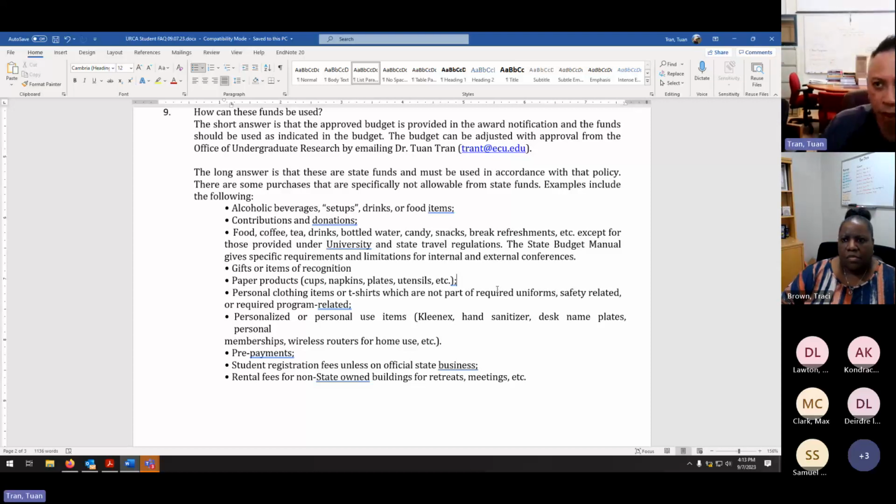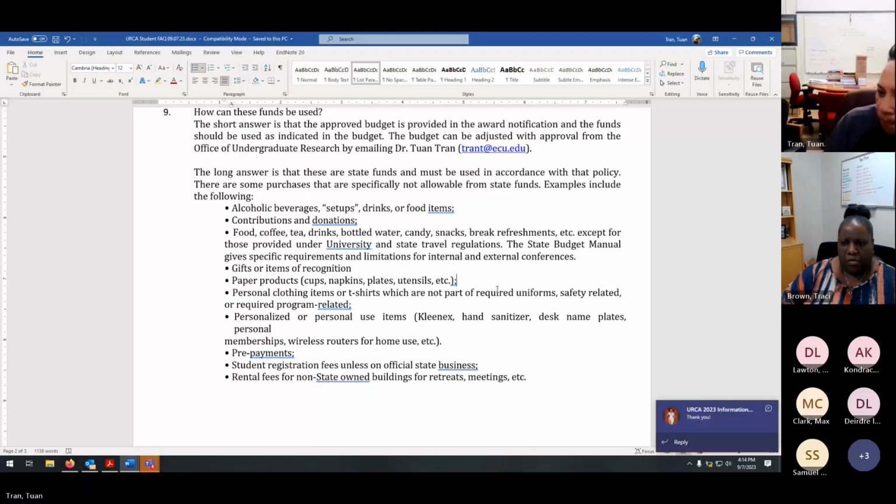Can you have a co-faculty mentor? In other words, can there be a team of mentors? Yes. And on the application, there is a field that allows you to list another mentor if that happens to be a case where there are two mentors. You're very welcome. So if you have two mentors, yes, go ahead and enter the name of the second mentor.